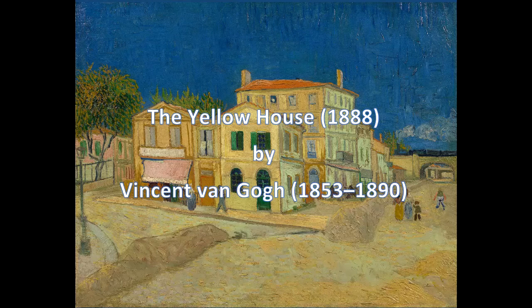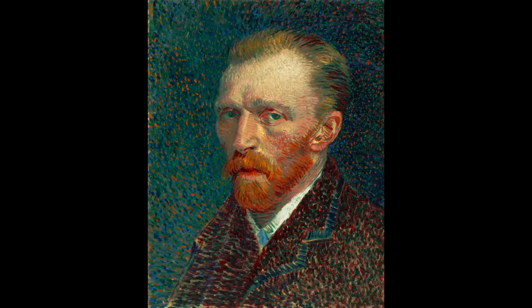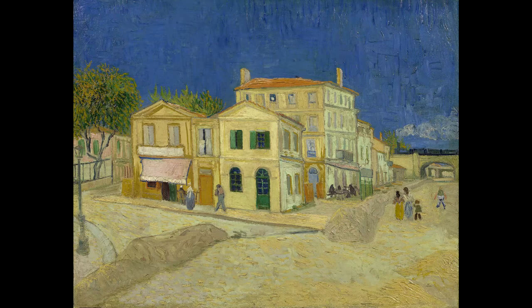The Yellow House, 1888, by Vincent van Gogh, 1853–1890. The Yellow House, alternatively named The Street, is an 1888 oil painting by the 19th-century Dutch Post-Impressionist painter Vincent van Gogh. The house was the right wing of 2 Place Lamartine, Arles, France, where on May 1, 1888, Van